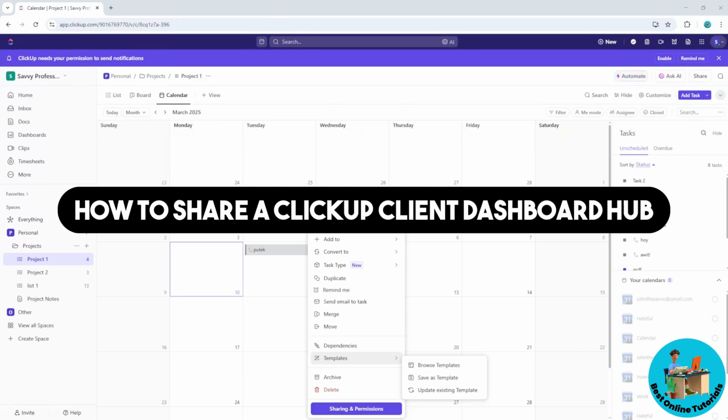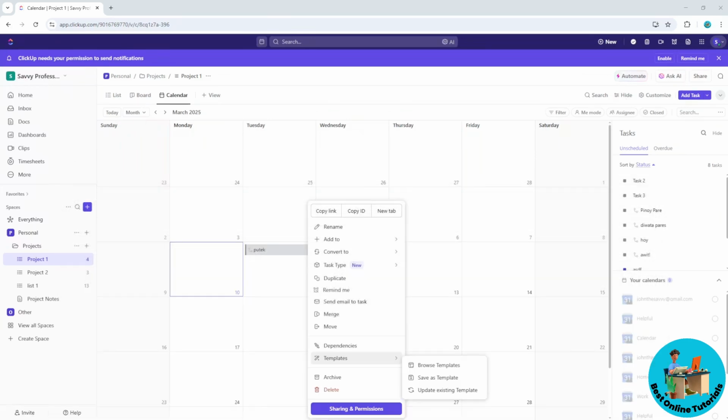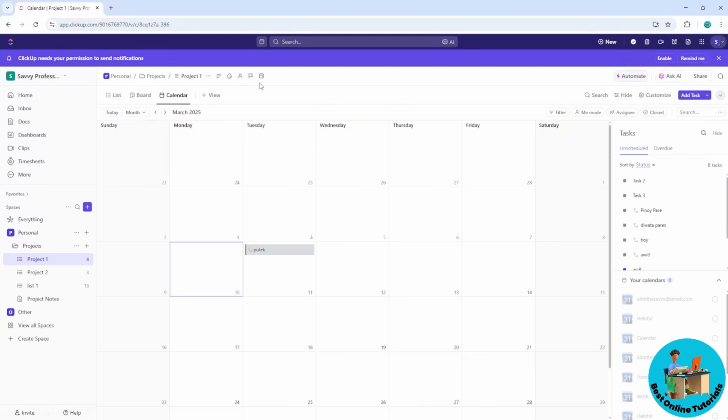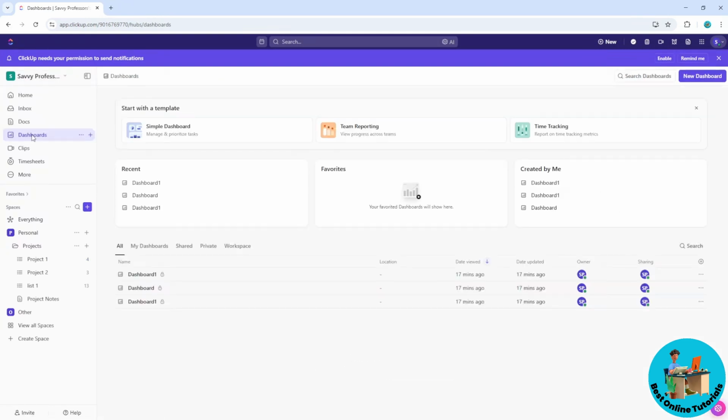So first thing is just simply go ahead and go to your ClickUp, and after that you could just go for the dashboards over here, the top left corner of the screen. And now from here you will have all of your dashboards, and you could just click on the three dots on the right side over here, and you will have copy link over here,